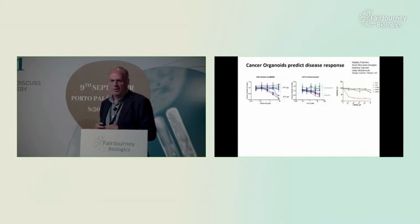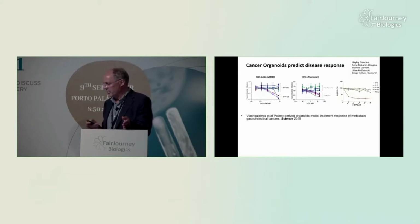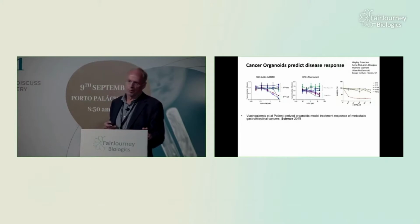We can drug screen. Indeed, this was all done by hand, not on robots or anything. Works well. It's extremely robust as an assay. Of course, it's very important that what you measure in vitro reflects what happens in vivo with the patient. While we were trying to do these observational trials, a beautiful paper came out from a consortium in the UK